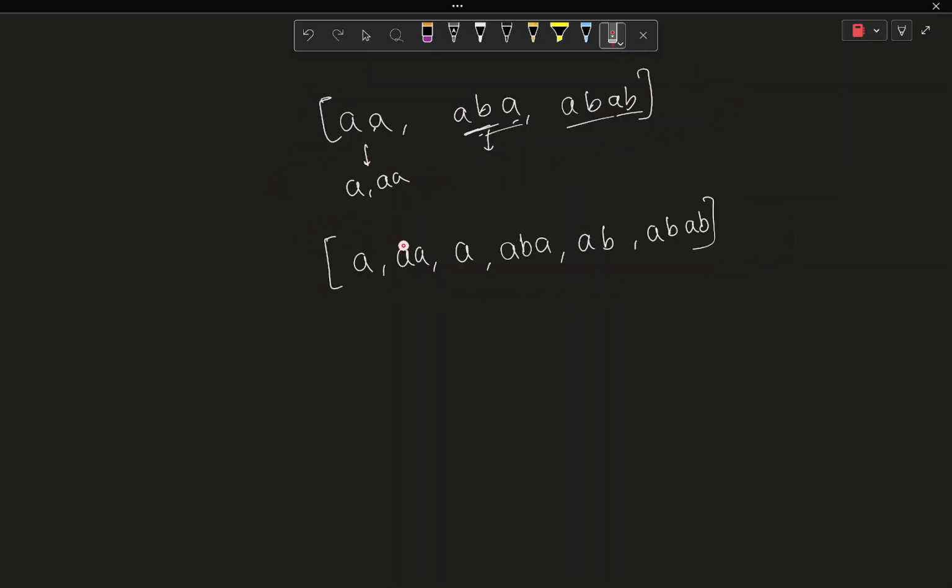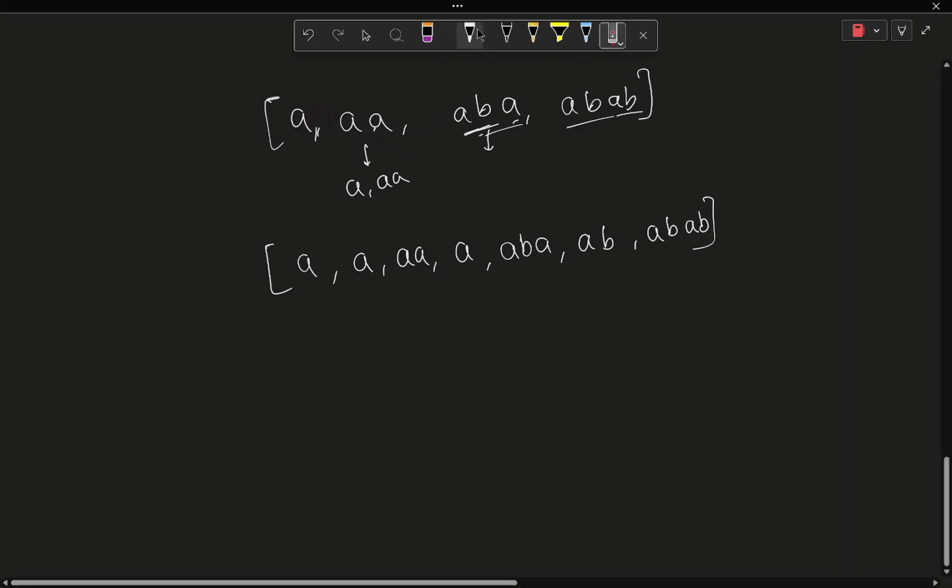Now the problem has got a lot simpler. For this string you just want to find out how many times it is coming in this array. One of those times it would have come up because of this string itself, so AA came up in the given. Okay, so let me include one more element. Let me include A also. A is also there. So when you talk about this A,